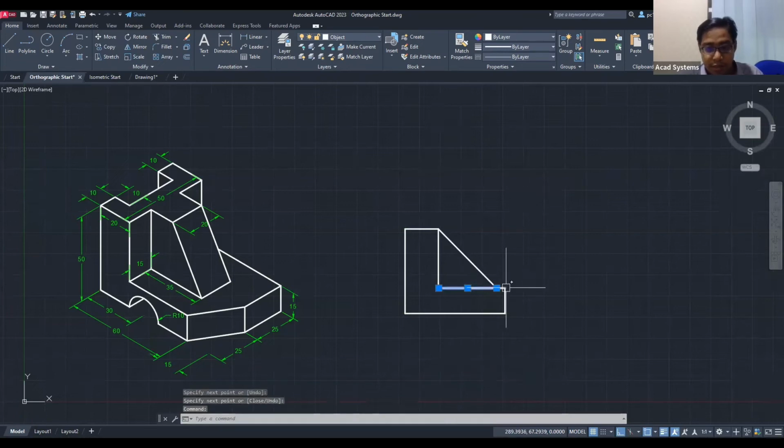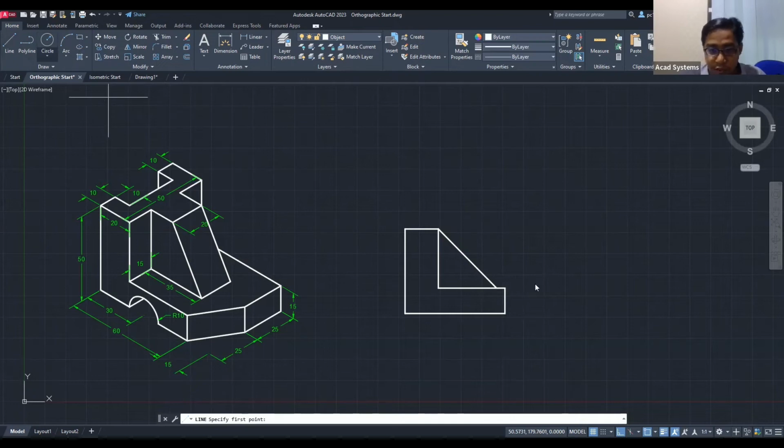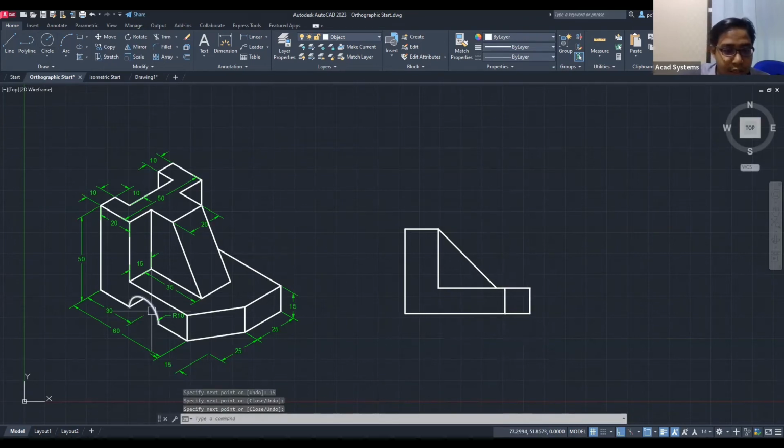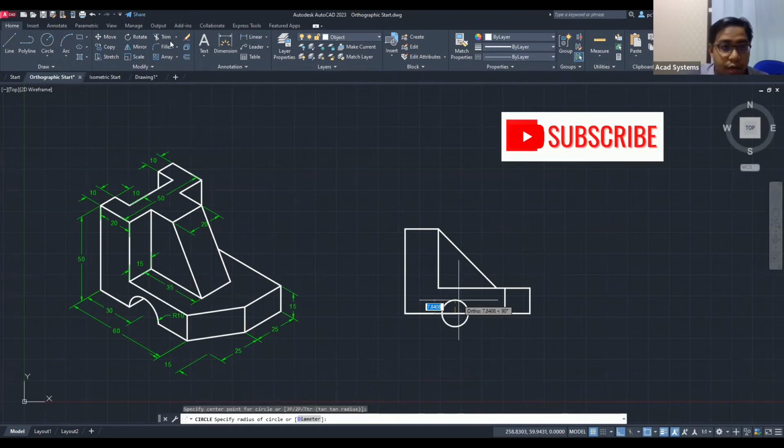Connected over here, and I can delete it over here. And then we have an additional 15 right on the top over here, on the front. So I'm going to create another, which is 15, 15 here, and we should have lastly the circle over here. So I'm going to draw a circle, should be around 30 from there. Then from here, the circle should have a radius of 10. So let me just give it 10. Then I can just trim out